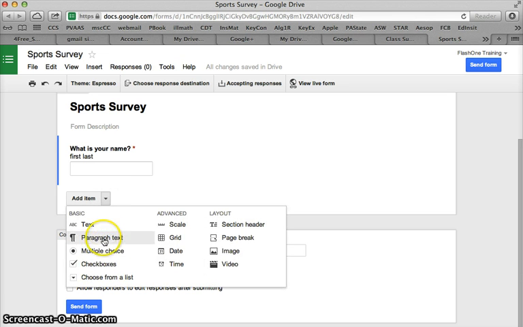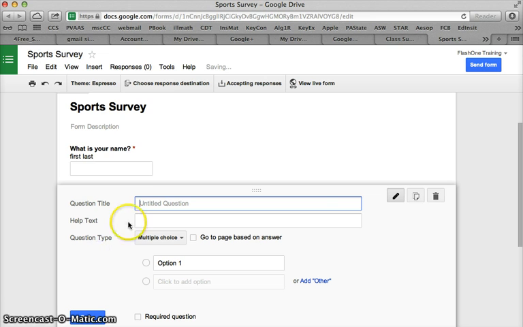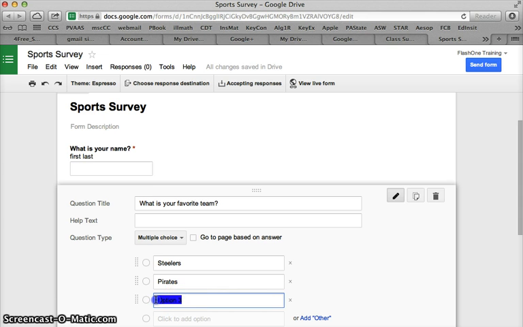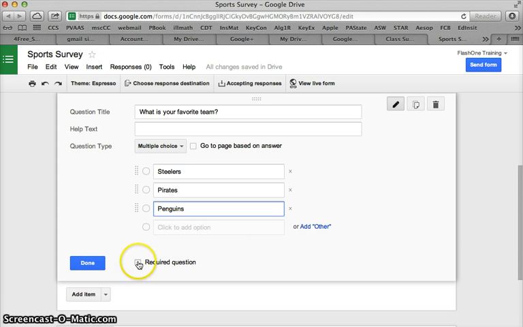So let's add an item. Let's add a multiple choice question. What is your favorite team? Okay. And we're going to make that multiple choice, option 1 being Steelers, option 2 being Pirates, and option 3 being Penguins. And you can keep adding different options. And I'm also going to make this a required question, and it's saving automatically as I go. Okay. And I am not done with this question yet. I actually would like to, with this question,